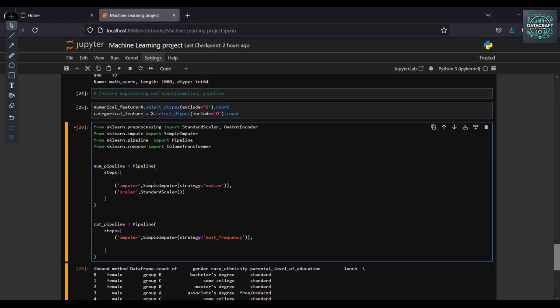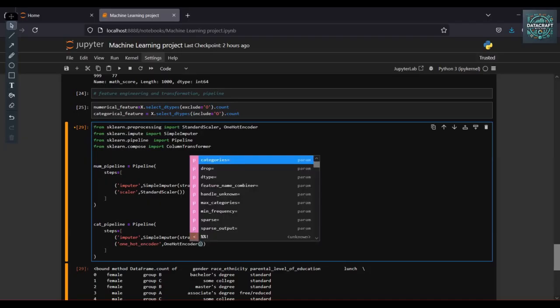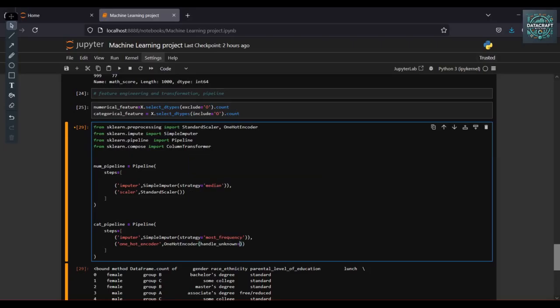And then the next is the OneHotEncoder, with handle unknown, I can pass it ignore.